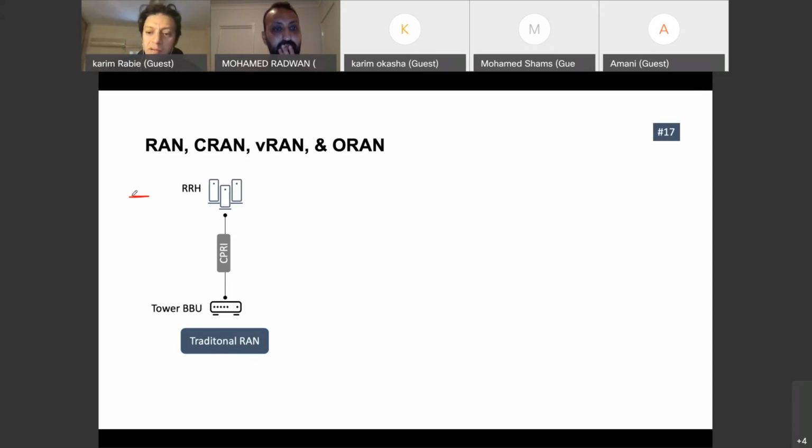Exactly the same in the radio stack. The radio stack is layered. We have the physical layer, the transport layer, and the logical layers like MAC, RLC, and then the RRC, radio resource control. That's the brain of the radio. So just for the sake of explanation, we can say that layer 1, the physical layer, is in the RRH, and the rest of the layers are all in the BBU.